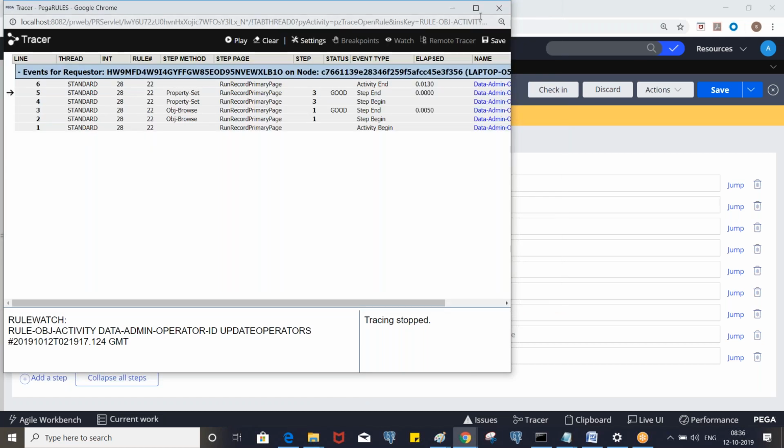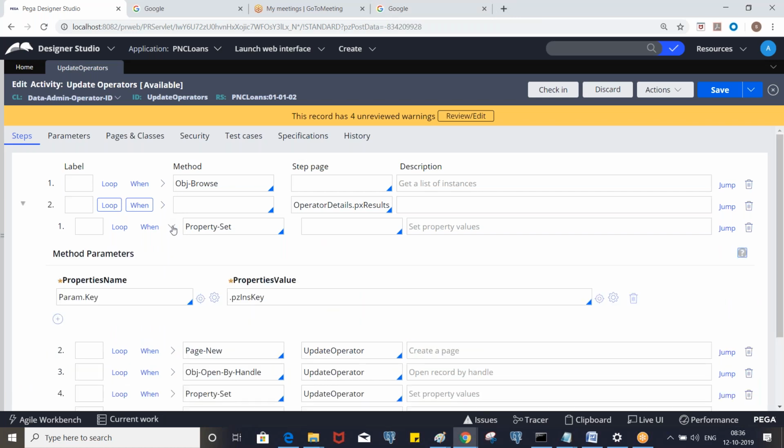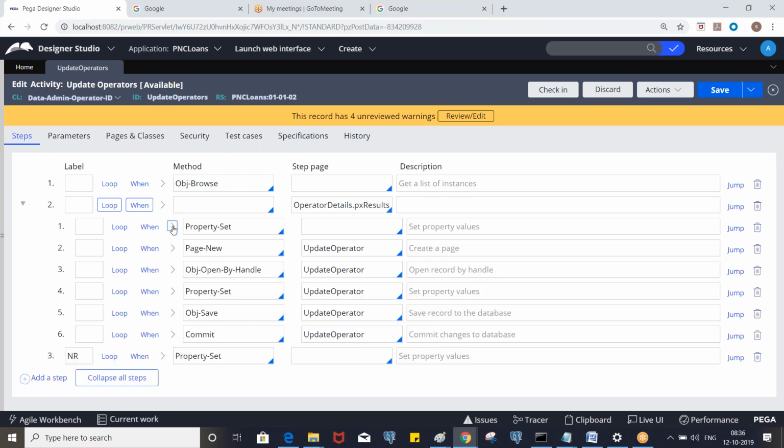So this is how we use obj open by handle. If you know the pz dynasty, you pass that to obj open by handle and open that record, and now you update the data. Okay, so it's very important. Now, in a similar way, you can update the last name in the work objects.